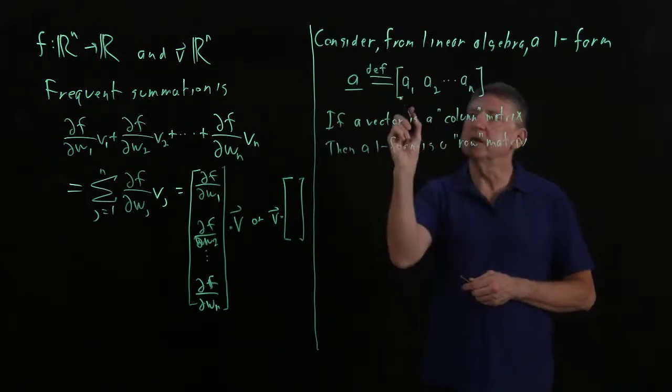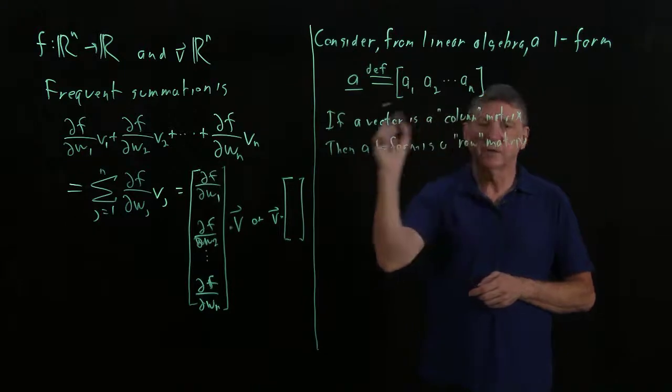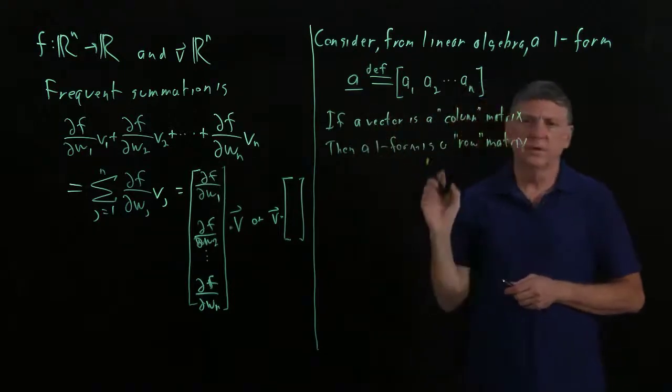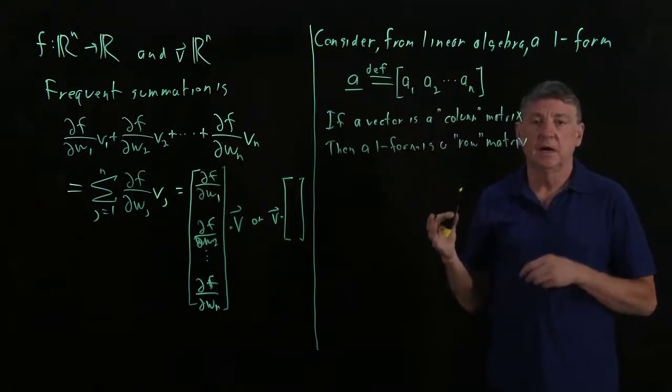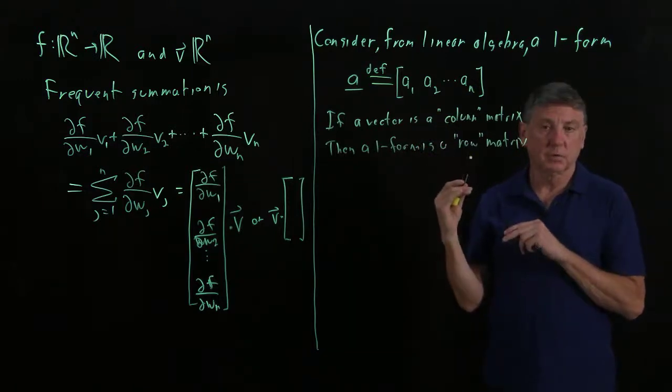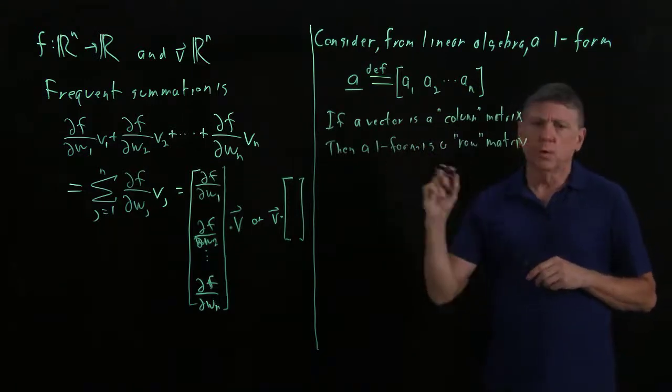That is, when we write this, we actually can't tell whether it's intended to be a one-form or whether it's intended to be a matrix that has only one row. So what we'll do